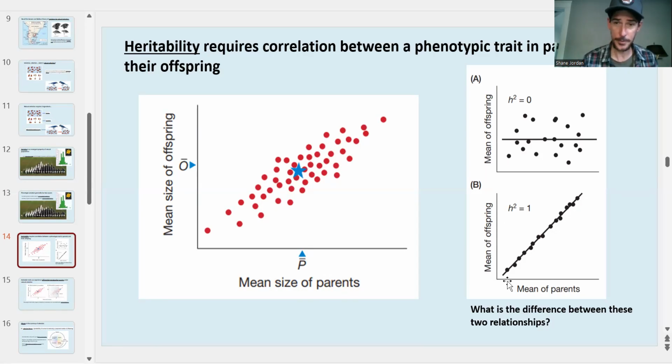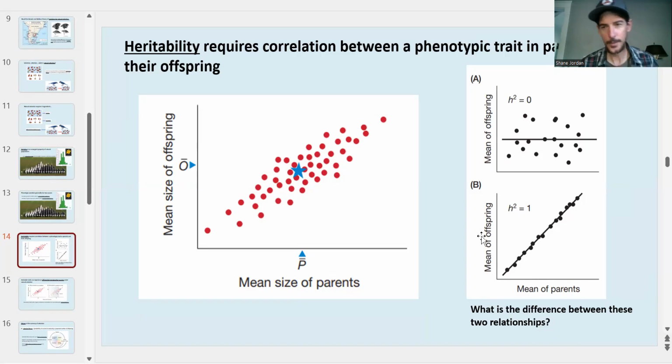And in this particular situation, h squared equals 1. And if h squared equals 1, we're basically saying the trait has a 100% genetic basis. It is 100% heritable. This might look familiar to you, but this value of heritability really represents the slope of the line. In this case, the slope of the line is equal to 1. And therefore, there's a tight one-to-one relationship between the mean trait value of the parents and the mean trait value